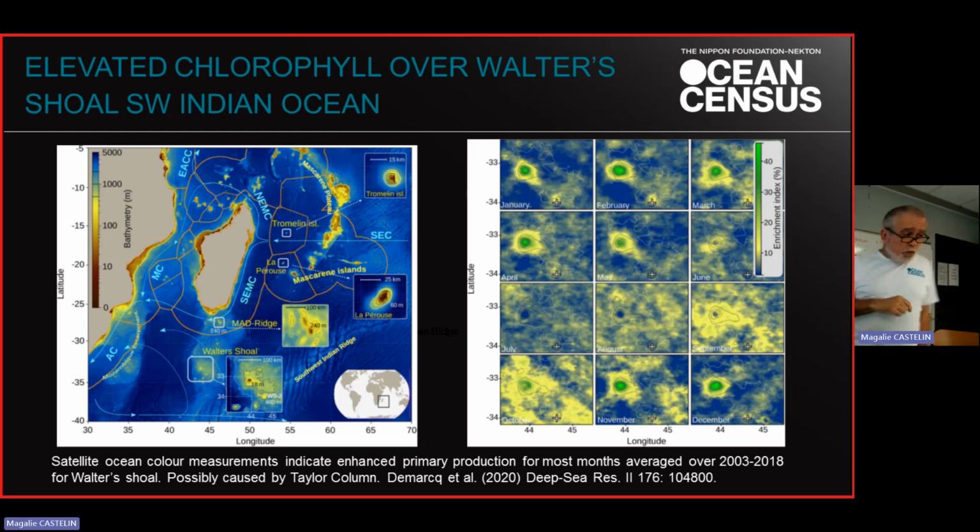This is a much more recent example from DeMark et al. 2020, where they've looked at primary production above seamounts and around islands in the Western Indian Ocean, again using satellite ocean colour mapping. But in this case, they've used a new algorithm to look at primary production at a kind of much finer scale than has previously been done. And indeed, above